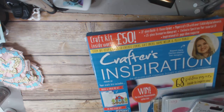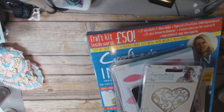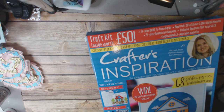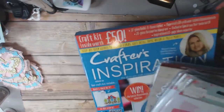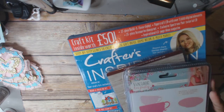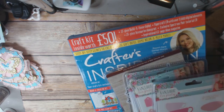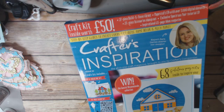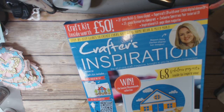So first of all, Crafter's Companion had like a clearance sale, and I wanted to pick up some items that I just haven't been able to get yet. So all the items that I got, I want to say it was $50 shipped, because if you do $50, then the shipping is free. So I did buy this, which is the Crafter's Inspiration